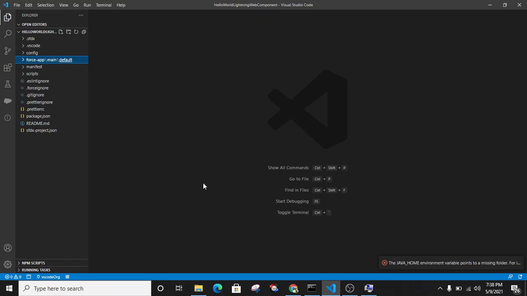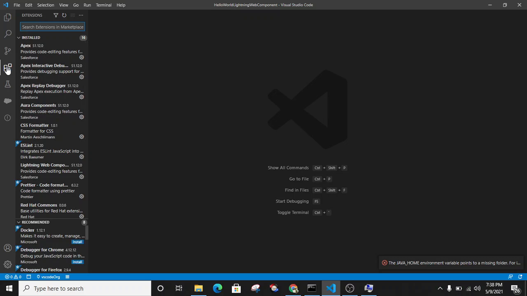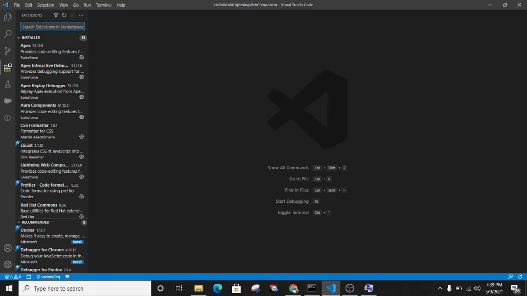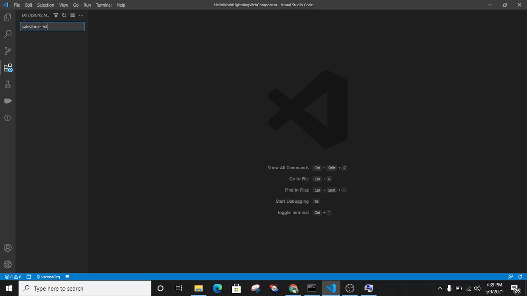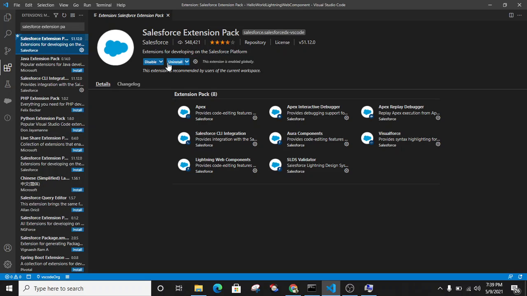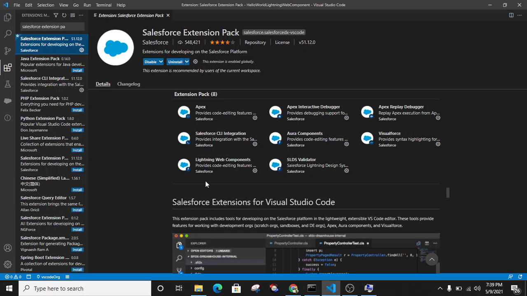The next step, you need to go to this icon in the Visual Studio Code. This is the extension icon. You need to find the Salesforce Extension Pack here. The Salesforce Extension Pack includes Apex, Aura Components, Visualforce, Lightning Web Components.